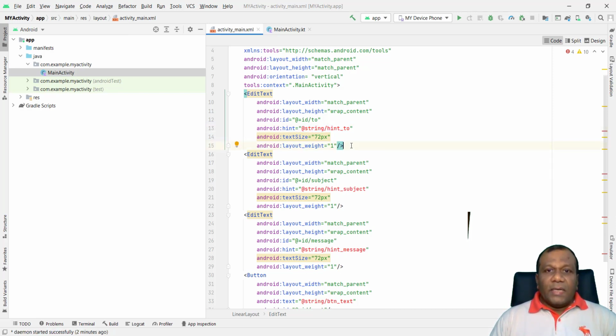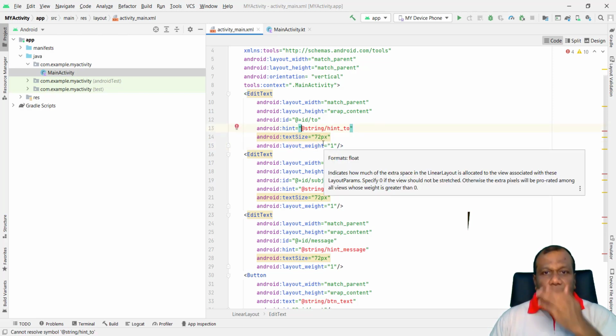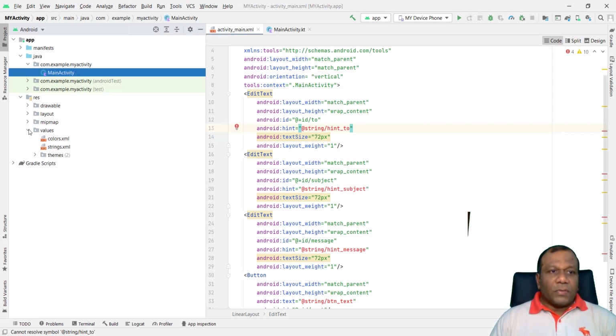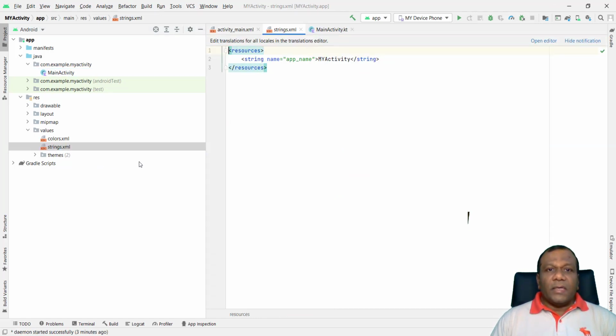So here what I did, it's a better practice to make it in resources, right? You can keep your values in the resources. So here in the res folder, there is a values folder. Here there is a strings XML, all our string XML. I am going to keep all my string values in this string XML. So I double click that one here.